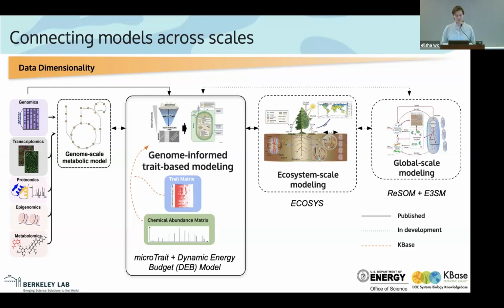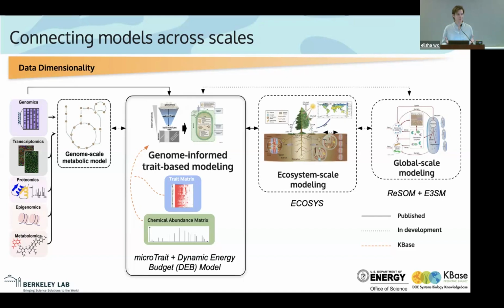We then simulate how these guilds compete across sample-specific environmental conditions and use the output of these simulations, which could be guild-specific growth rates, carbon use efficiencies, substrate uptake kinetics, or even respiration rates, to inform larger scale models. So we'll generate parameter distributions that have a representation at these larger scales to run a sensitivity analysis. However, these tools are still in development, so we would really like to get your feedback on where this could